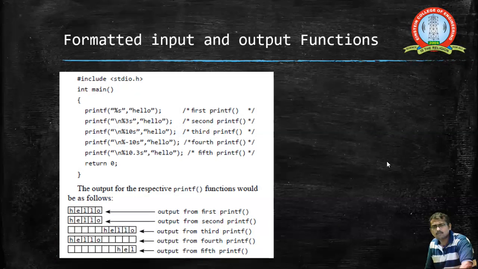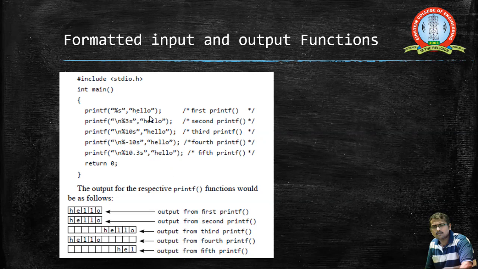Now this is another example which clearly illustrates the functions of the printf statement. Now I am going to print the string hello. This hello string will be printed here, and the first printf statement prints hello as it is.